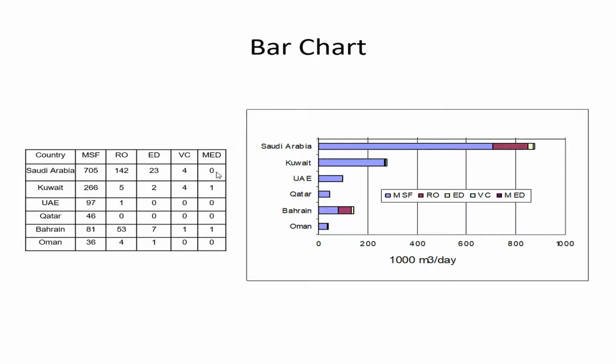This is why they desalinate a lot of water. Saudi Arabia comes first because of area and population, and all this are on the Red Sea and the Arabian Gulf. To know the meaning of these abbreviations, I made a special slide for